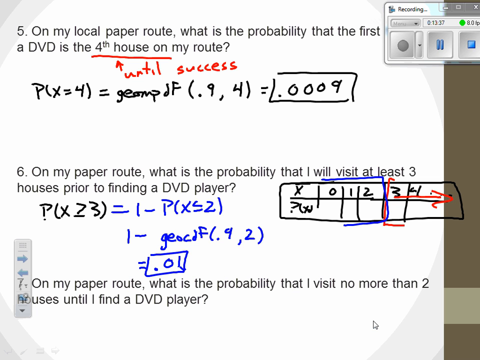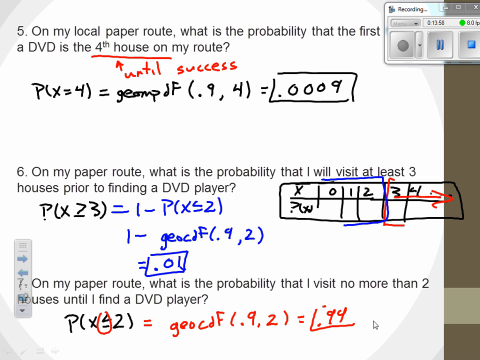I visit no more than 2 houses. So here, that's the probability that x is less than or equal to 2. Since we're at less than or equal to, calculator, we don't need to play a trick. That's just going to be geometric CDF, because it's cumulative, 0.9, 2. And that value, once you plug it in, is 0.99. So it's an alternate. Instead of having to go through the formula, instead of having to do a bunch of stuff by hand, we can actually use the calculator, and it's very, very